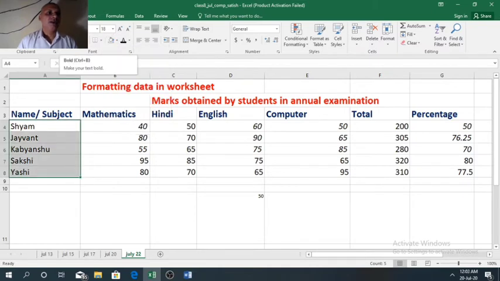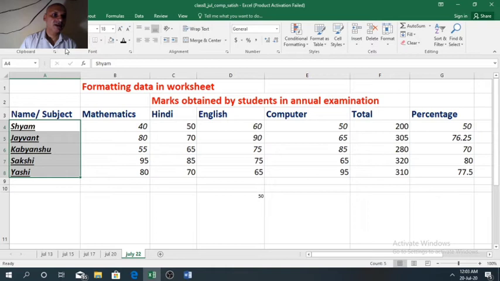Again we can make the data bold, italic, underline. All these three things can be done together, or between these three things you can select any one or two or all.